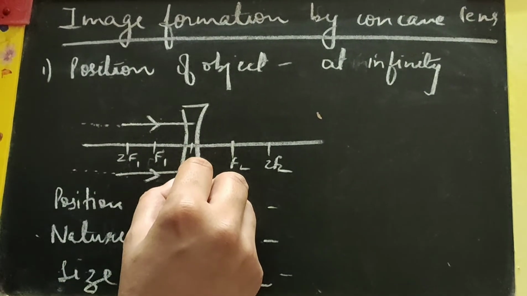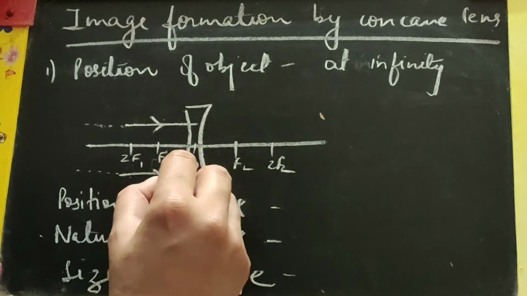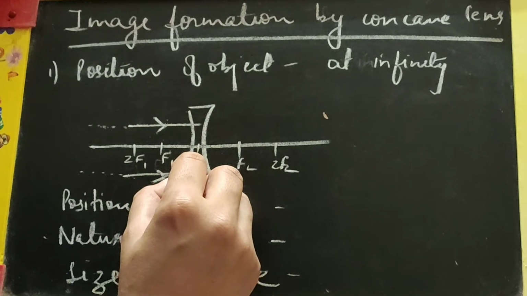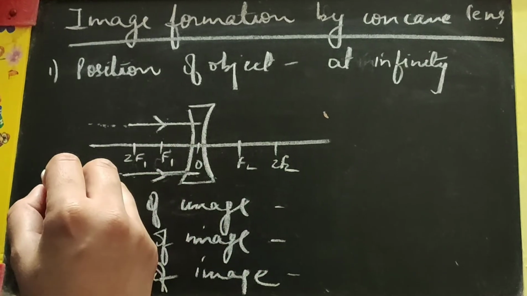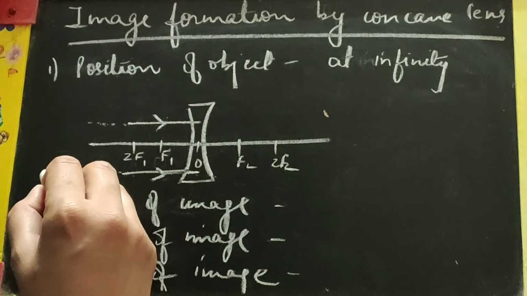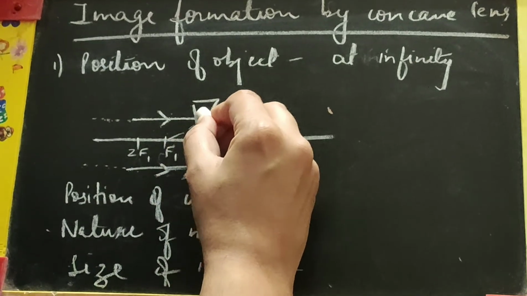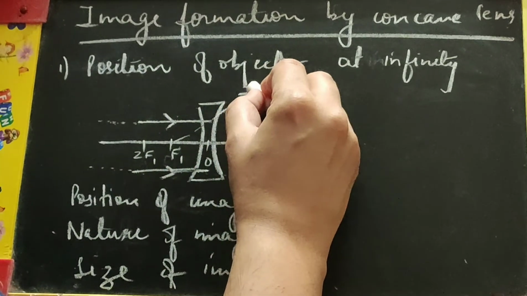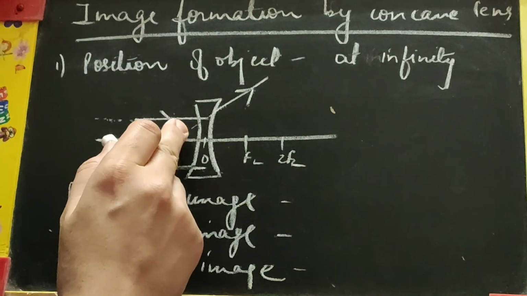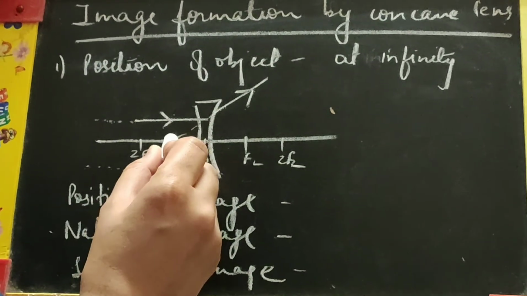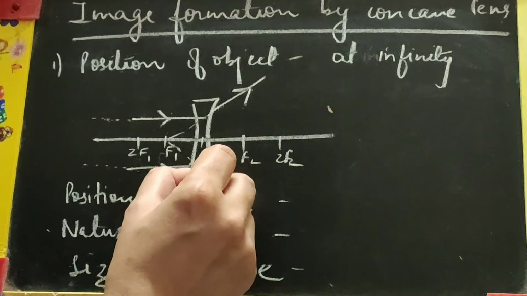Now since it is a diverging lens, the light ray which is coming parallel to the principal axis on a concave lens, as per the first law or the rule to draw the ray diagram, it will get diverged such that it would appear as if it has arrived from the focus. Similarly, the ray below the principal axis, it will diverge in a direction of focus.